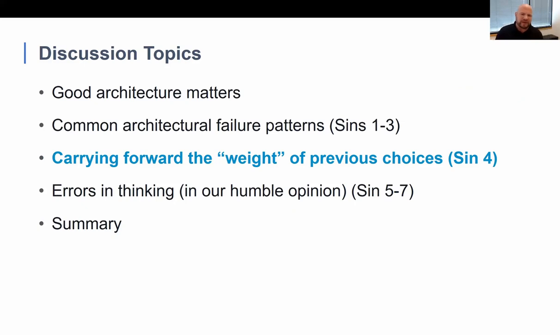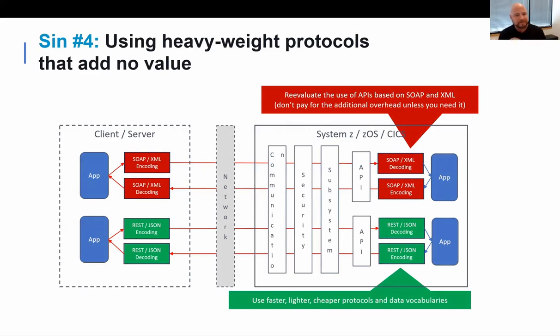And now we're going to go to the next sin. We're going to look at cost cutting and the technology choice. This is another anti-pattern that we continue to see whenever we look at customer SMF data. A number of years ago, the CICS team came out with something the industry thought was great for that time, and it was. I mean, the web services assistant lets you generate SOAP documents and the XML schema to invoke all these services. It was really progressive at the time.